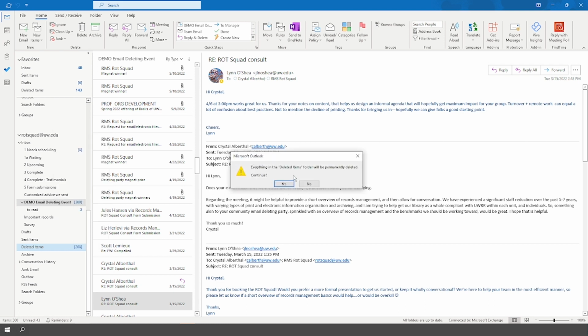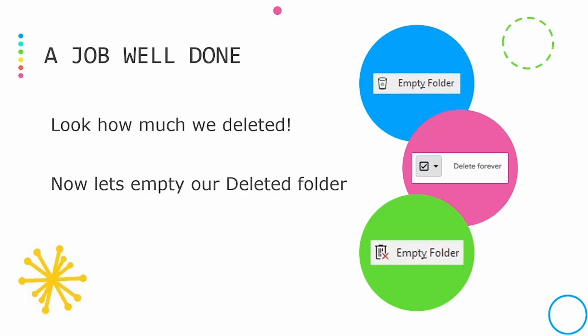And that's great. Clear that out. There's no reason to keep it around. Well done on that. We want you to keep going for the future. You want to think about your deleted items maybe periodically to make sure things don't accumulate in there, and empty it at least monthly or quarterly.